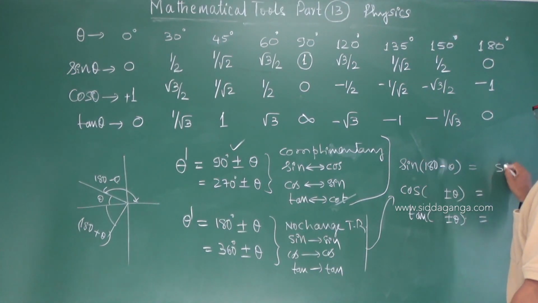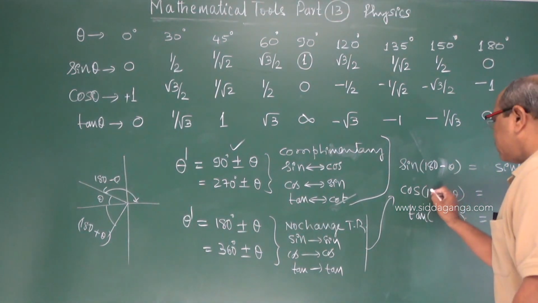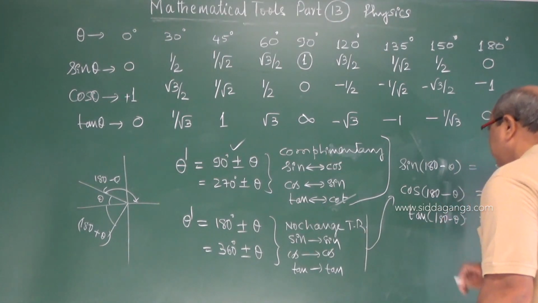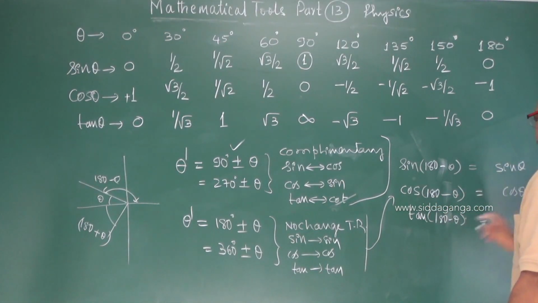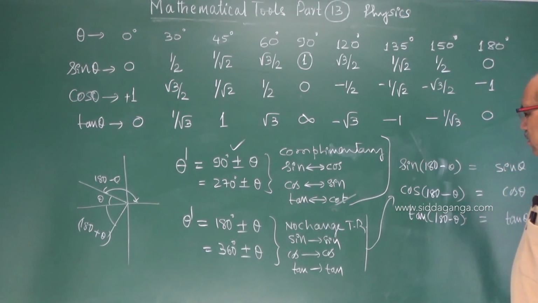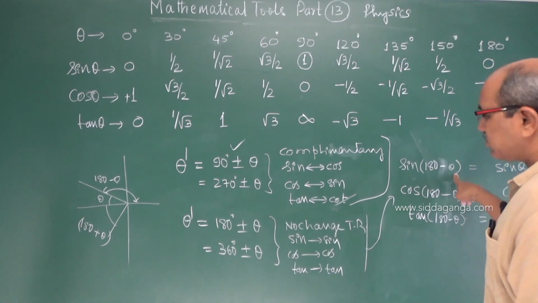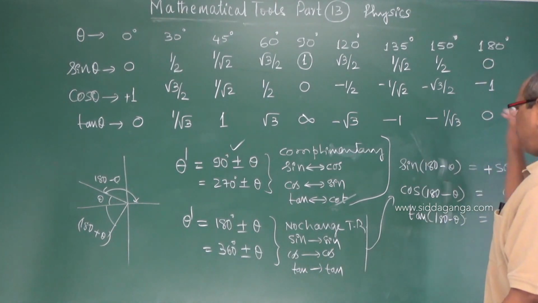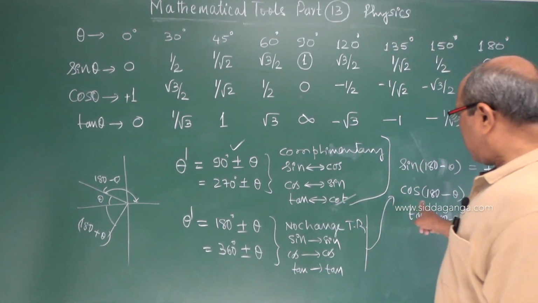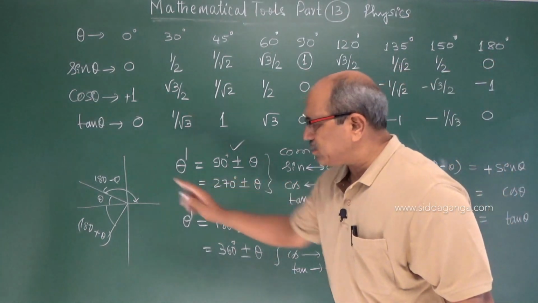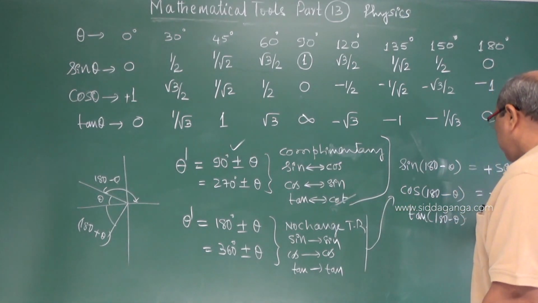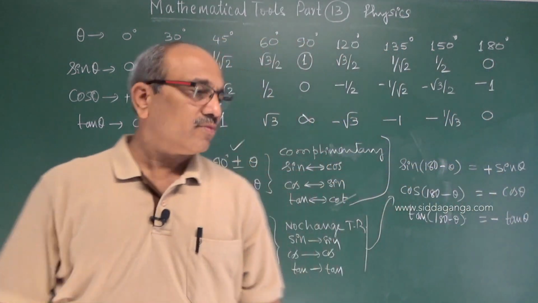Sin function repeats, I told you, I have to write here also 180 minus theta. Cos comes as cos theta, tan comes as tan theta. No changes at all. But the problem is, 180 minus theta is in the second quadrant. Sin is positive, therefore this sign is plus. When we come to cos of 180 minus theta, cos is negative, so minus cos. Tan is negative in the second quadrant, so minus.